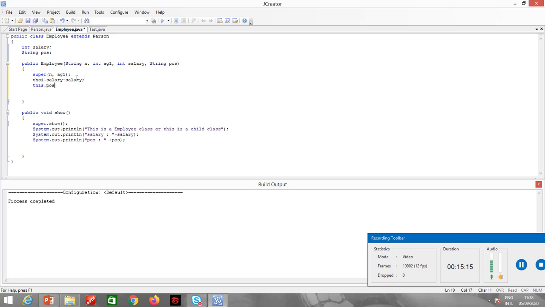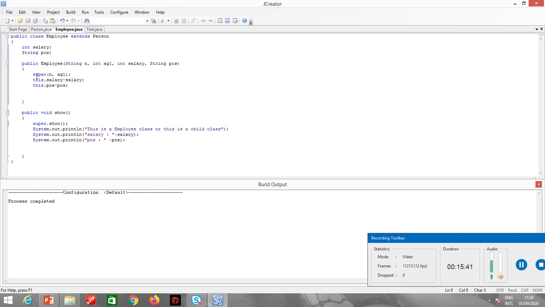This.position = position. The variable on the left hand side refers to the global variable, and the variable on the right hand side refers to the local variable. If you skip the keyword this, it will not initialize any value. So let's check it. Done.